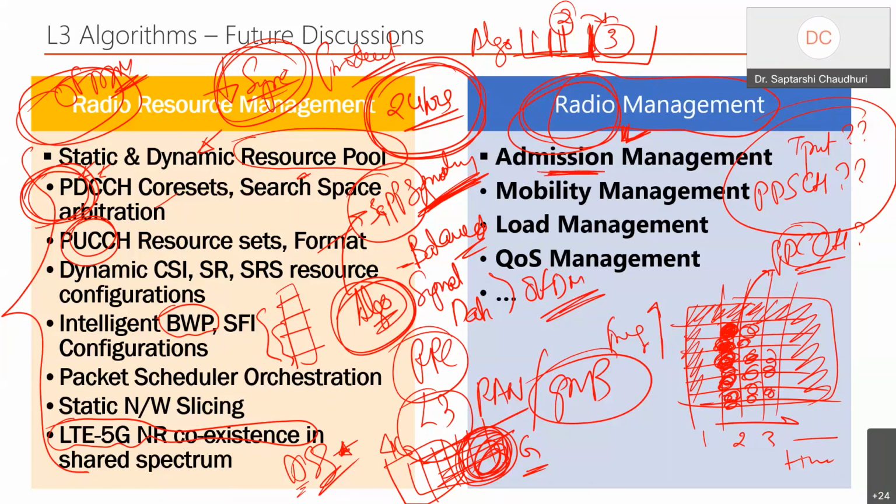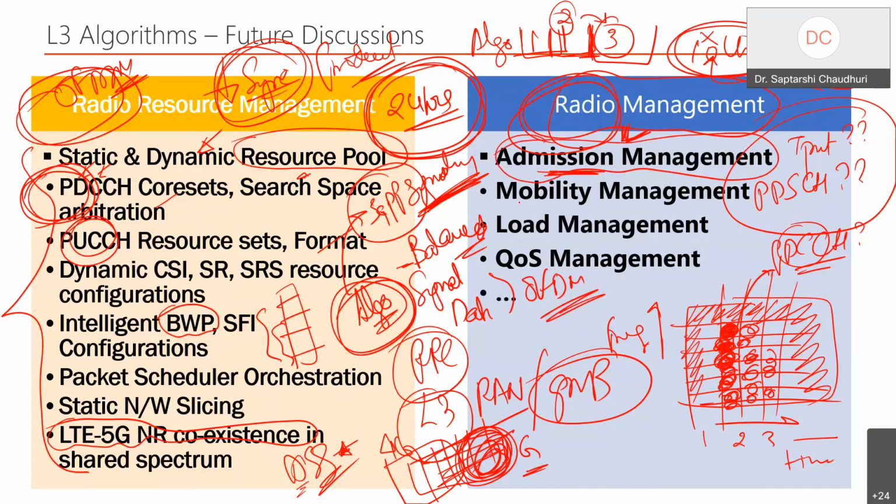So suppose a lot of times you may see, as in the scenario we used to face earlier when you are trying to latch, you may be debarred from using the network for a certain duration of time because the network is already congested. Or I can say that there are 10 users and one high priority call is coming. So I can take this guy and drop one of the users. My total is still 10, but I'm able to take one high priority user into the network because he may be a VIP that has to get admitted at that point of time, or it's an emergency call or whatever. This is where the admission control algorithm kicks in.